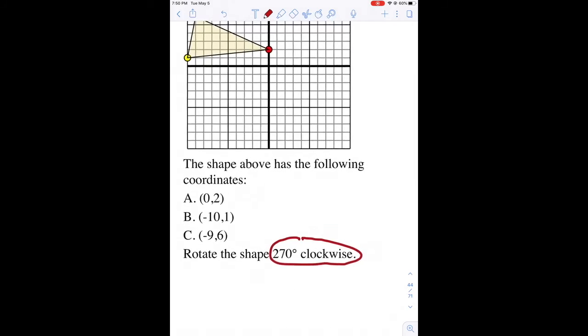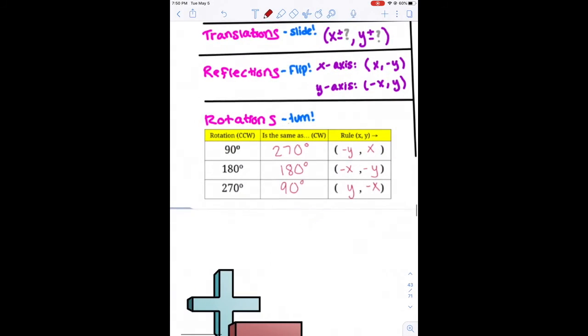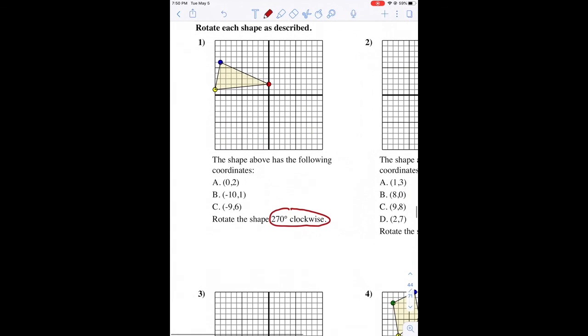So let's see what is the same as 270 degrees clockwise. 270 degrees clockwise is actually a 90-degree rotation. So what we're doing here is a 90-degree rotation. And then we have the rule for it. So the first thing I would do on a problem like this is say, nope, this is actually a 90-degree rotation. And then I would write down the rule. The rule for a 90-degree rotation is negative y